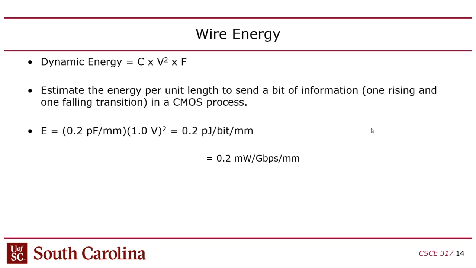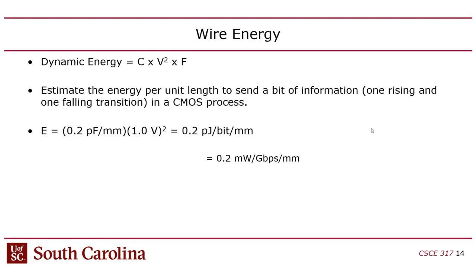Now when it comes to wires, you've got voltage, you've got frequency, and you've got capacitance. So you've got all the same. You can apply this just to a wire as opposed to a whole chip. If you're doing it for a whole chip, you would have the total capacitance. But for a wire, it's just the capacitance of the wire. So that would be the capacitance times the voltage squared, and then the frequency. If you multiply it by the frequency, that's going to give you power. But if you want energy, you drop the frequency, and that would give you essentially the amount of energy per